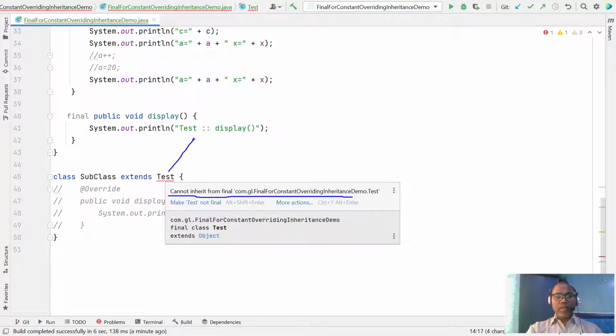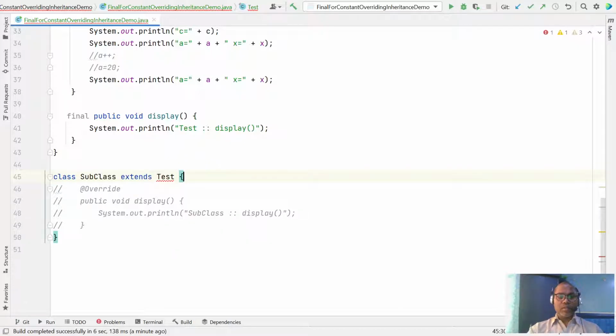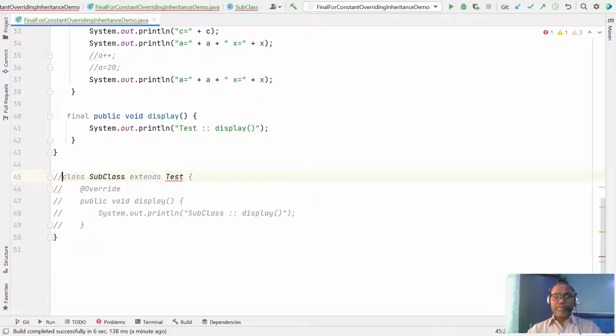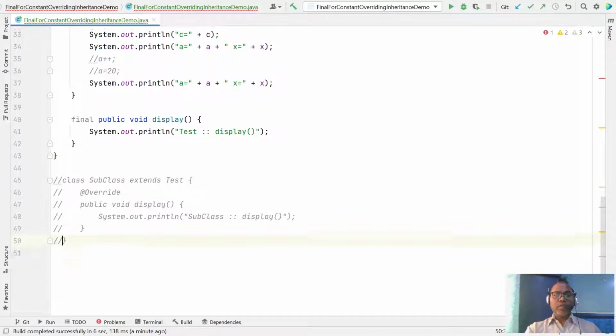Whenever you mark any class as final, that means no other class can extend your base class. So this is the use of final.